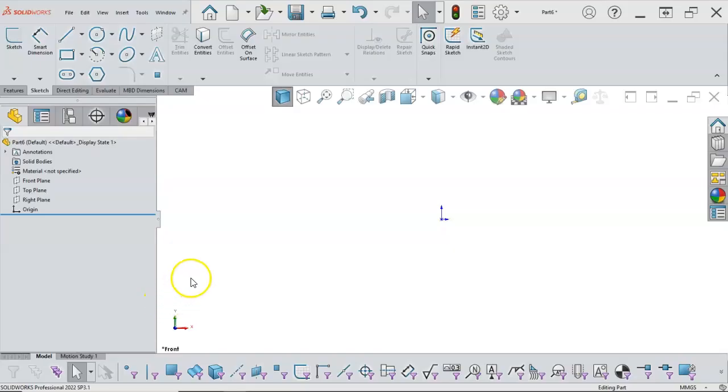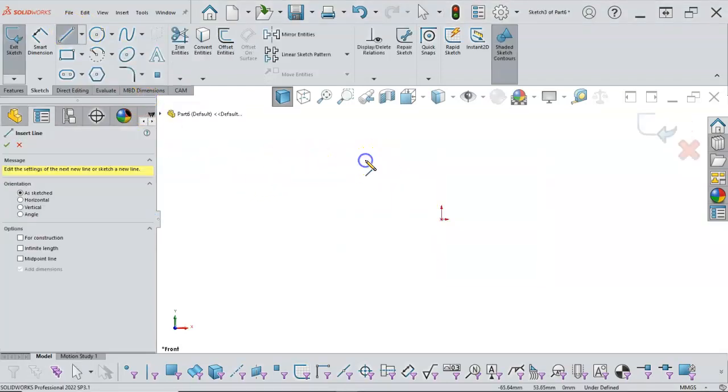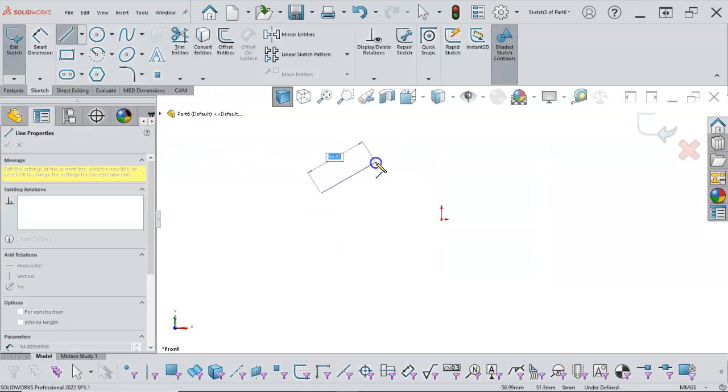We're going to make a couple of boxes and we're going to look at the relations and the dimensions in this video. So if I go into line and click on the front plane and I just draw a line, then my apply the dimension is turned on, and we'll need to take a look at where that is in